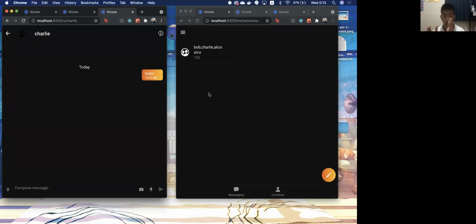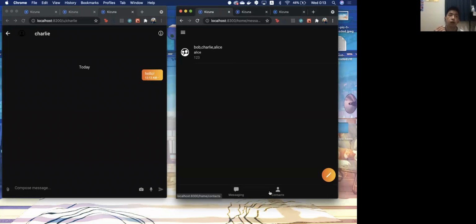That is because Charlie has not yet added Bob. This is not yet implemented in the UI, but what we will be doing is basically have a kind of message requests place where an agent can see the messages that were sent to him or her that are not part of her contacts.